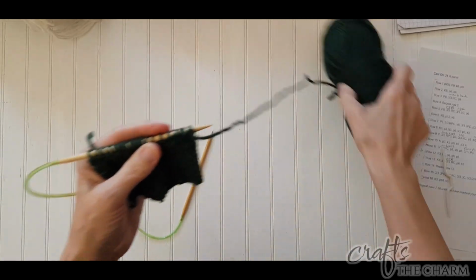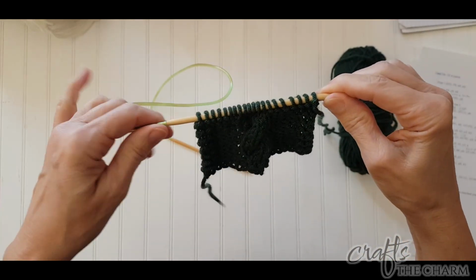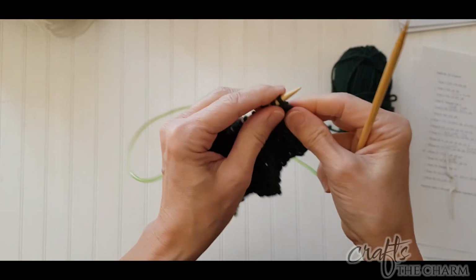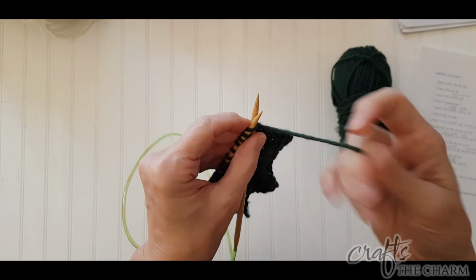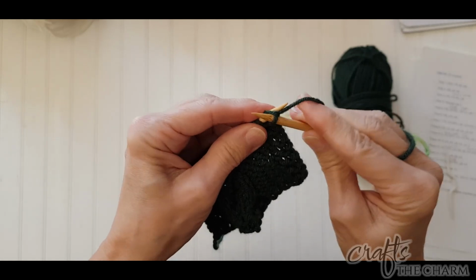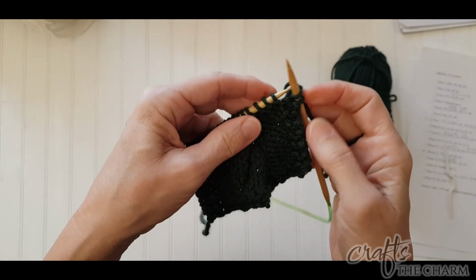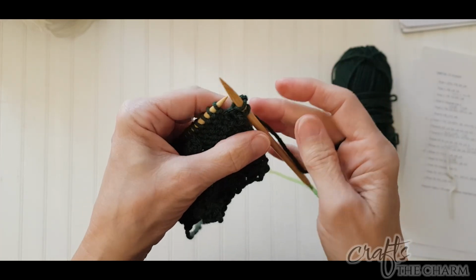Okay. And it looks like we need to cable again. All right, so here's the trick I learned first. So I have a garter selvage here. It might be a little challenge to knit up in the air like this. Now I'm going to switch to a purl. So this trick that I learned is when you're switching from a knit to a purl,